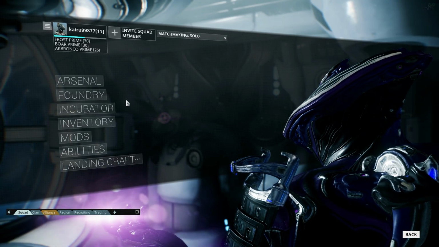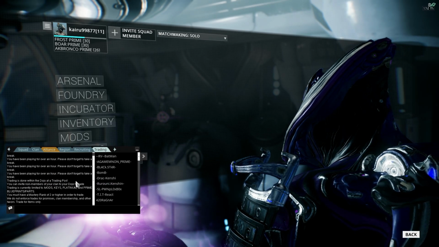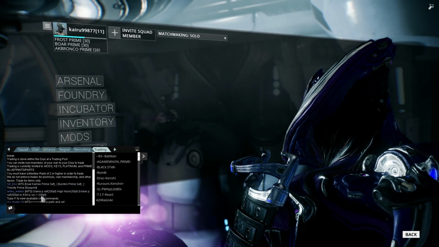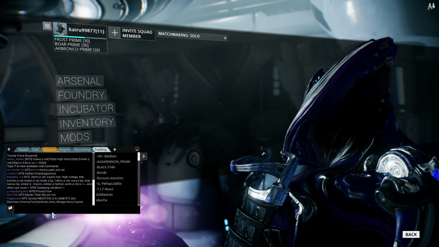The other things you can do which are extremely important with Platinum is there's this thing down here called the Trading tab. And if you haven't been introduced to the Trading tab, basically you see people saying they want to buy or they want to sell things. Most of the time it's want to sell, and they're offering parts here. So basically you can put in there,